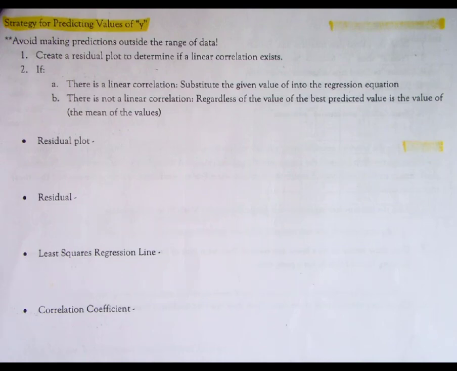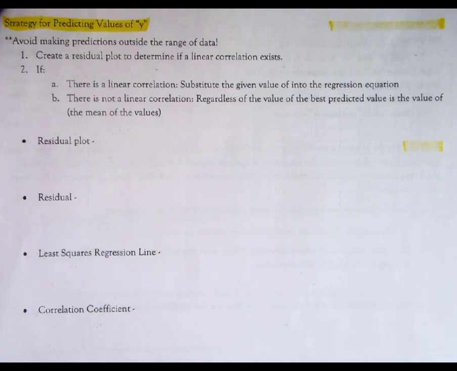Additionally, if you know linear correlation exists, we can find our least squares regression line. What that does is it will take our data and find a line that will best fit that data into a straight line to help us get a better understanding of predicting values for y when we know an x value that falls within a data range. To do this, we can then substitute a value for x into that regression equation and approximate or predict the